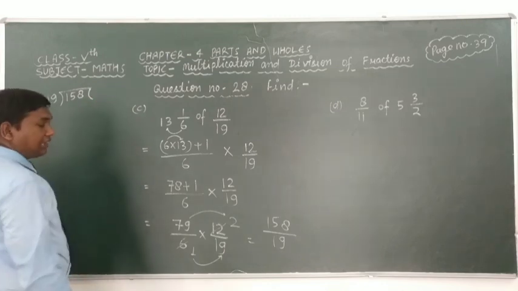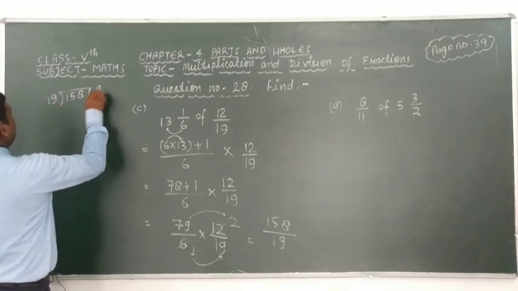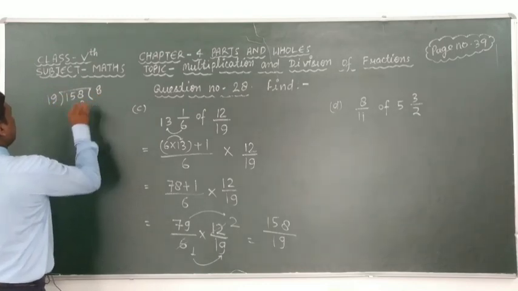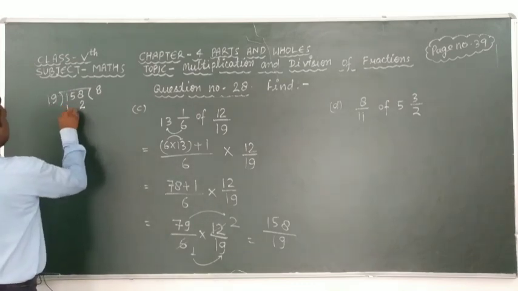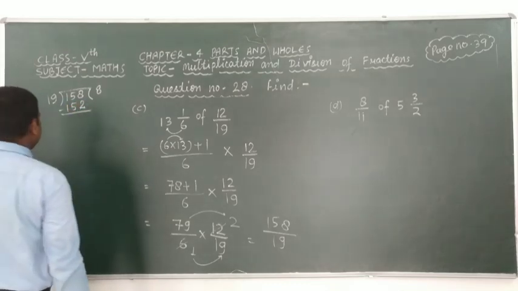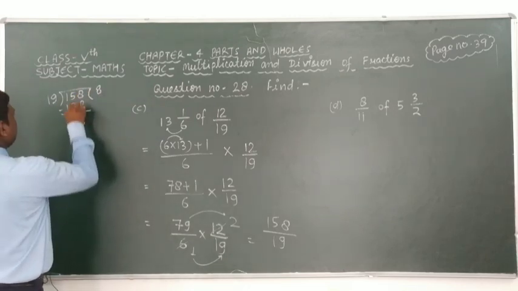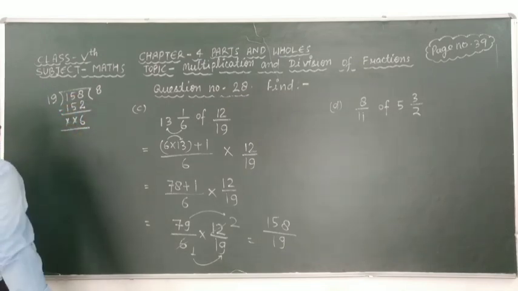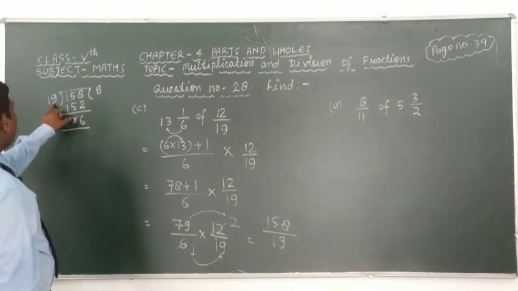Okay students, recall the table of 19. 19 8s are... look, 8 nines are 72, after carry 7. This one please keep in mind. 8 ones are 8 plus 7 is 15. After subtracting these, here we get 8 minus 2 is 6, 5 minus 5 is 0, it means that cancel out. 1 minus 1 is 0, it means that cancel out. After solving these, we get 8 mixed 6 over 19.